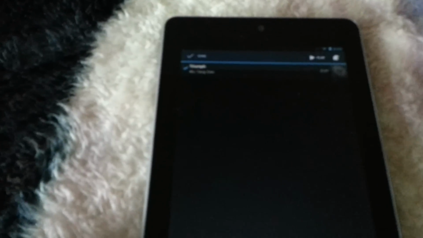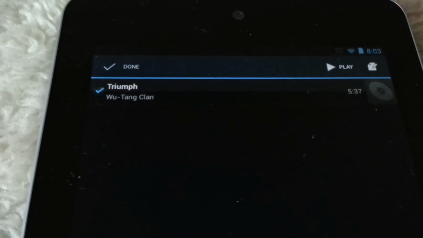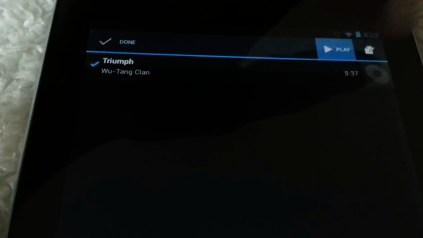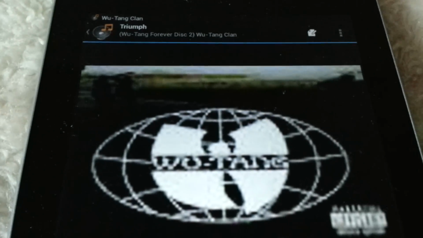So when you first open the app, it'll bring up your list of music, and you can select what you want to tag. So I have a track here. If we can get it to focus, there it is, Triumph from Wu-Tang Clan. So I have that selected, and we just go over here. Nope, we didn't want to play it. What we want to do is